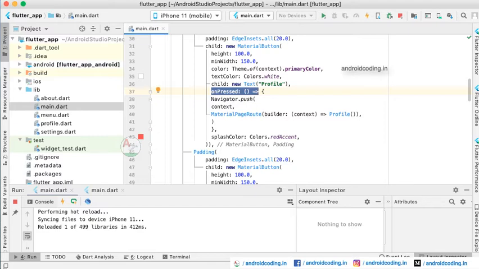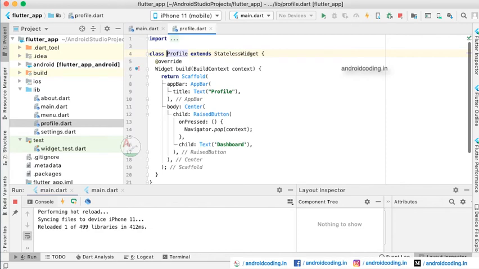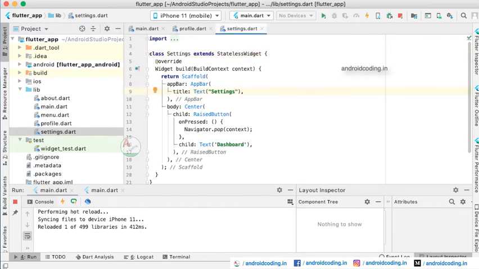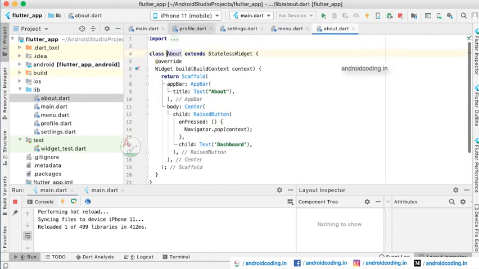The dashboard functionality is to move from that particular dashboard screen to the respective screens. So here we have four screens: profile, settings, menu and about.